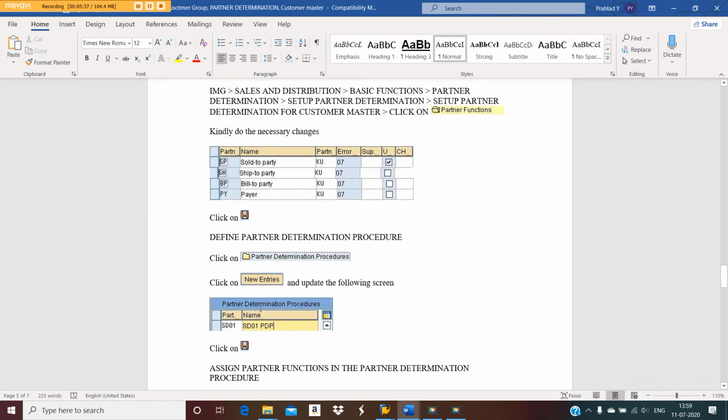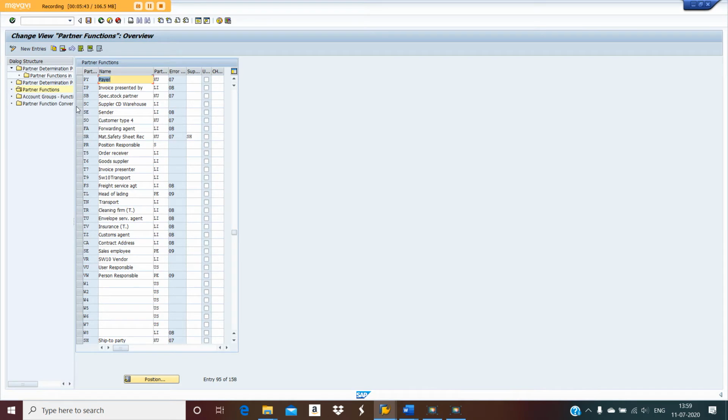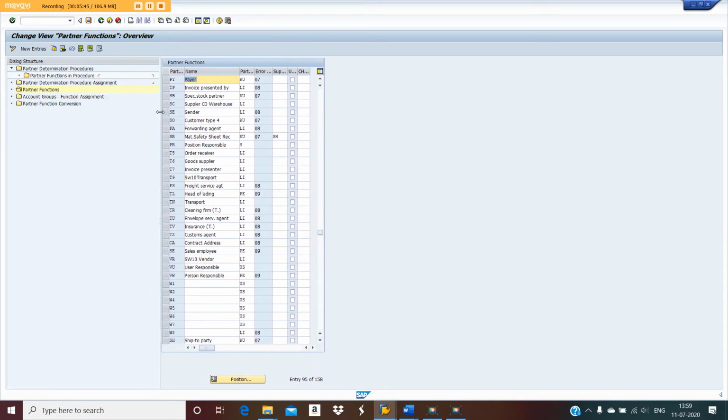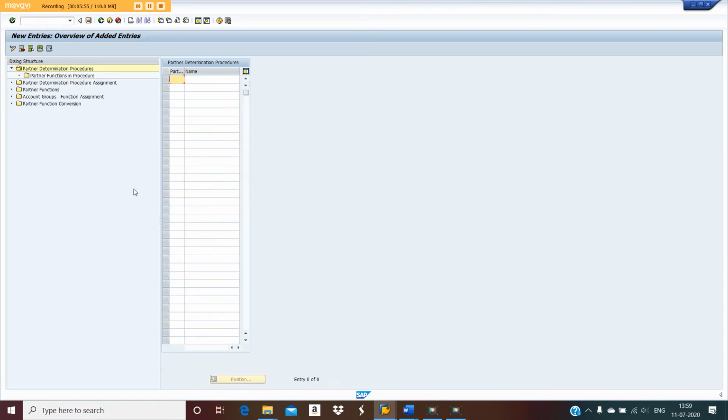The next step is define partner determination procedure. You can enlarge this partner determination procedure. Click on new entries. So 2022, you can give 2022 partner function.